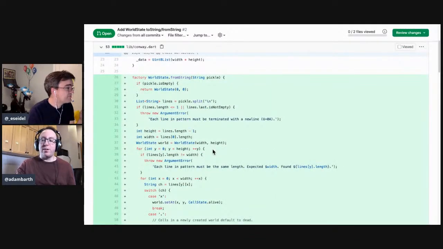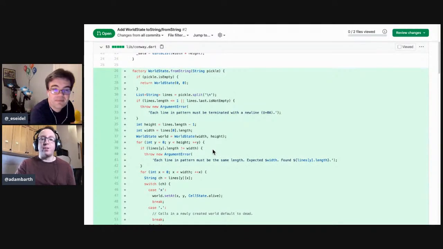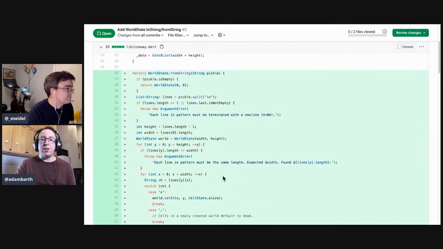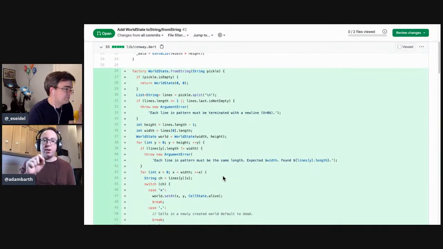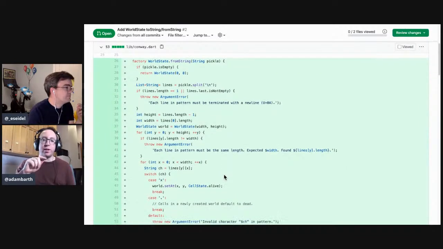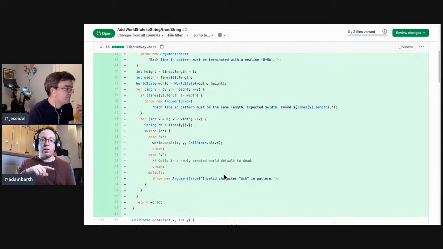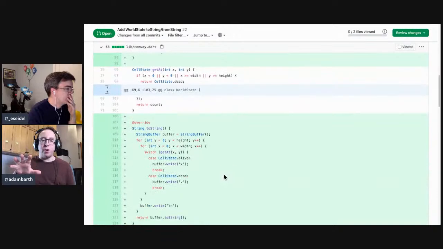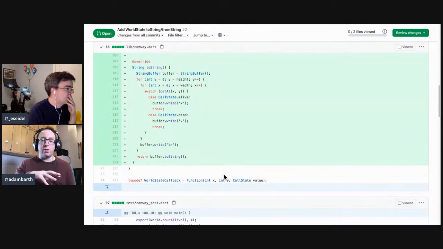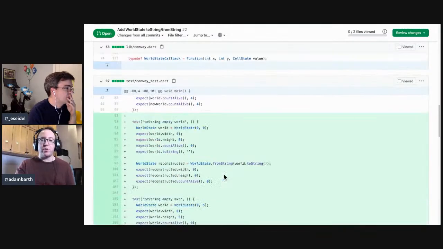So this is a trick that I learned. I forget what project I learned it on, but I learned that it's very powerful to have string representations of your model objects, even just for testing. Because if you look at the test that we wrote last episode, we wrote many, many lines of code to poke the model to set it up exactly the way we wanted. Yep. And then we wrote another bunch of lines of code to expect the model to be exactly what we wanted. Whereas here the idea is you can just specify the model you want in a string, and then you can also check that you got the thing you expected by specifying a string.